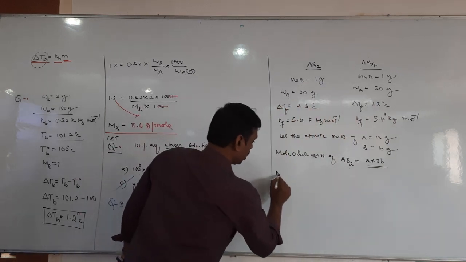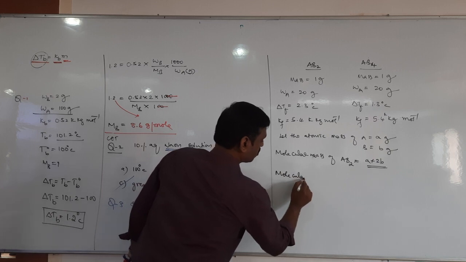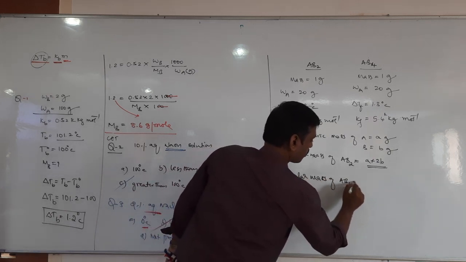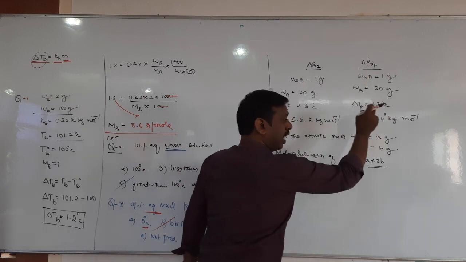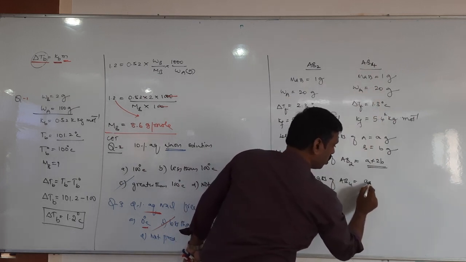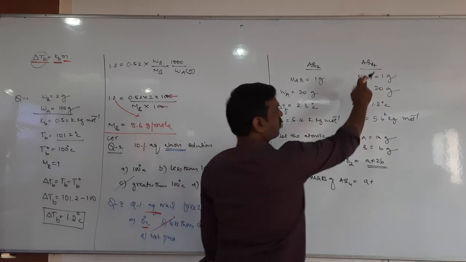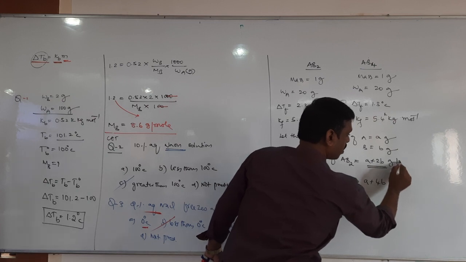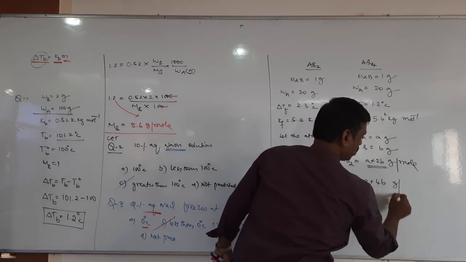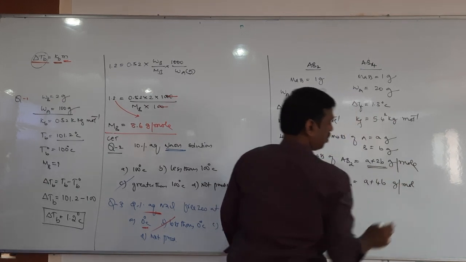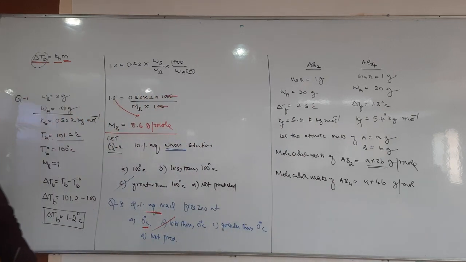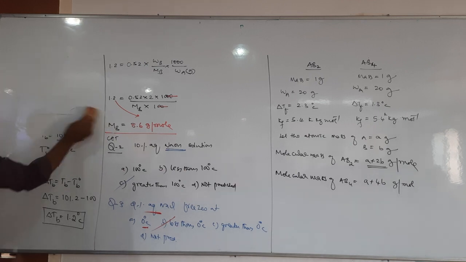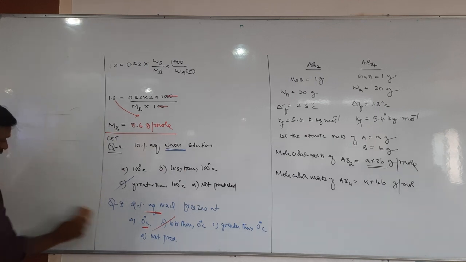Now similarly, what is the molecular mass of AB4? The atomic mass of capital A is small a, and the atomic mass of capital B is small b. There are 4 B, therefore a plus 4b, in gram per mole. It is also gram per mole respectively. Then we need to calculate the atomic masses of A and B.